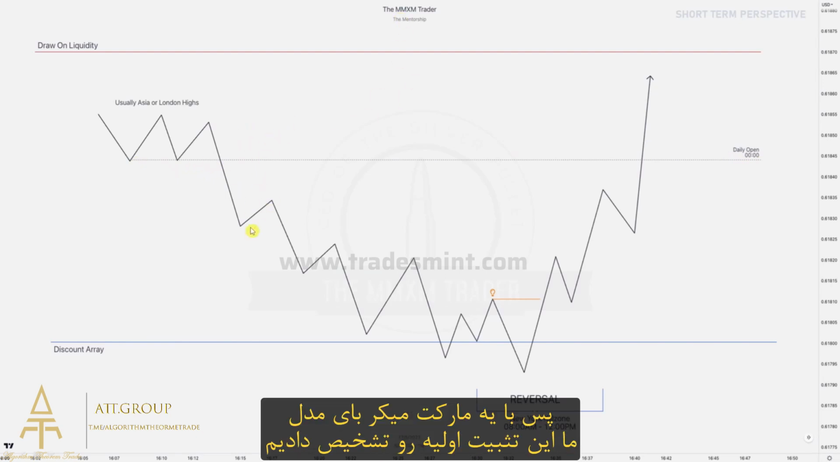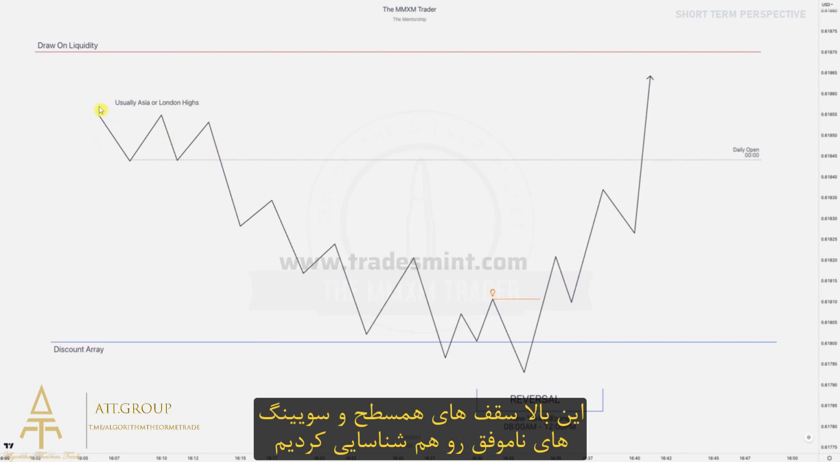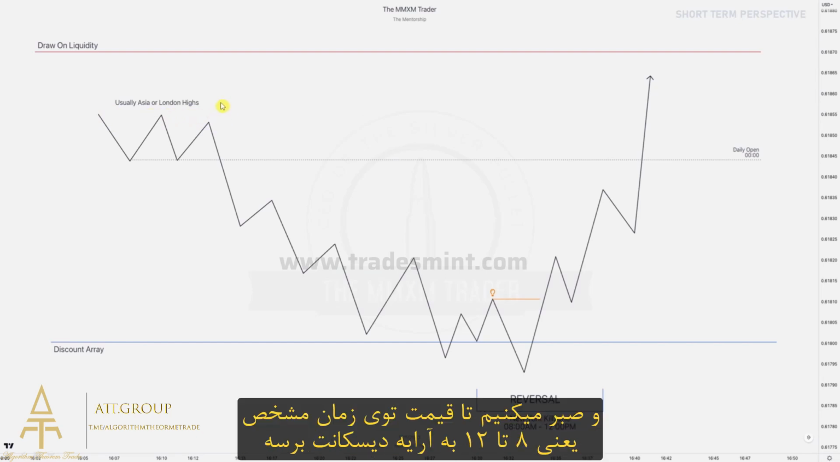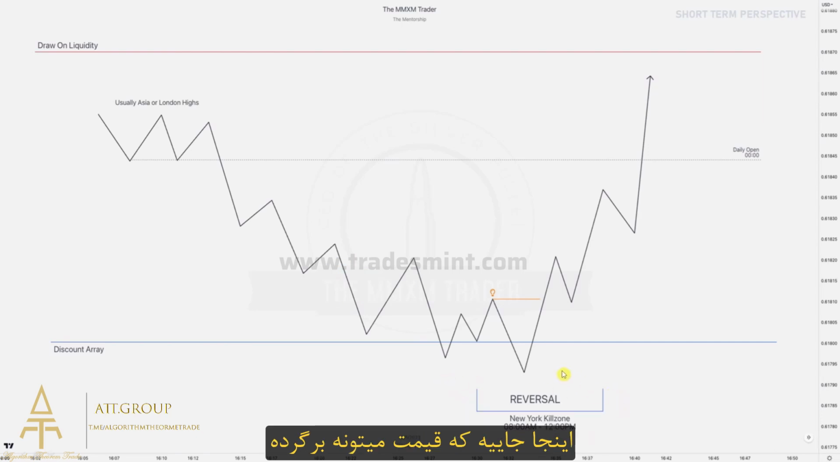So with a market maker buy model, we identified that original consolidation. We've got also those equal highs, right? Or failure swings up here. So we have a clear draw on liquidity for this one. And then we wait for that discount array to happen in that specific time zone. So 8 a.m. to 12 p.m. This is where the reversal can occur. So over here we hit that array, right? The discount array. We break structure up inside the kill zone,